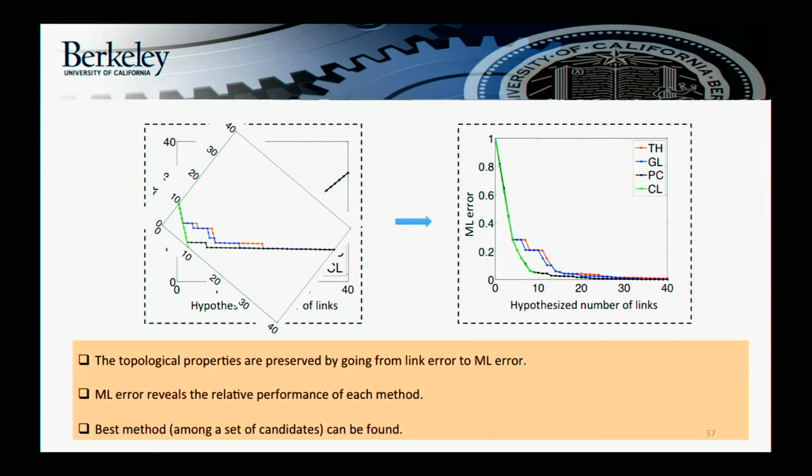All right, so by looking at these curves, we can say what is the best method among a set of candidate methods that we have. But how about the best number of edges that each method can find? If you look at this error curve, you can see that although this error curve goes up or down, this curve always goes down. And the reason is that as we are adding more hypothesized number of links, we are adding more degrees of freedom to the optimization problem, and that corresponds to overfitting, right? So now we want to get rid of this overfitting so that this curve doesn't keep going down as we increase the hypothesized number of links, and at some point it starts going up. To resolve this issue,